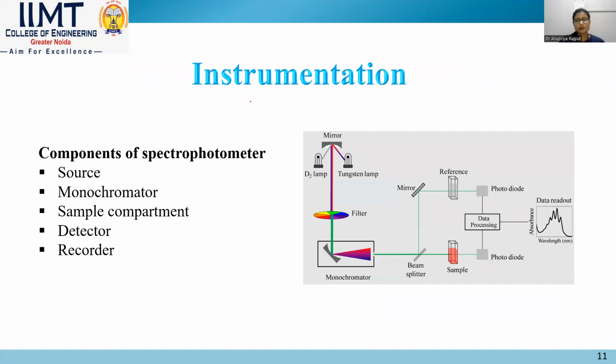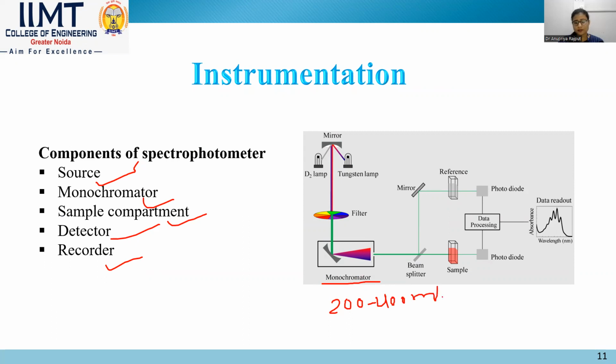Now we look at the instrumentation of UV-visible spectroscopy. It has a source of light which provides electromagnetic radiation, a monochromator, a sample compartment, a detector, and a recorder. When electromagnetic radiation passes through the monochromator, it generates a fixed, particular wavelength. In UV-visible spectroscopy, they generate approximately 200 to